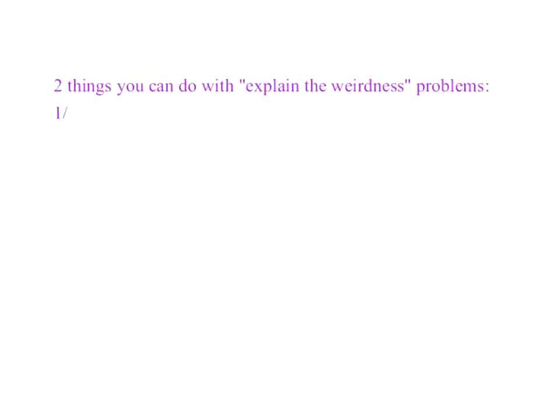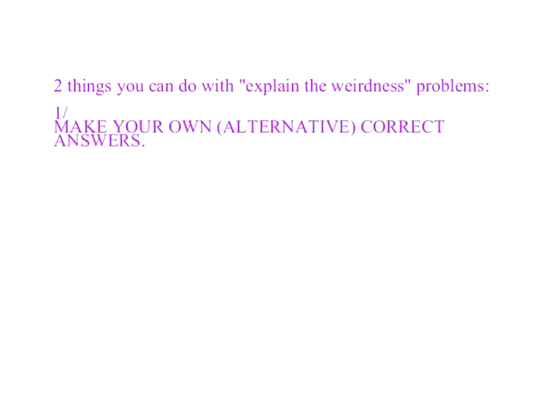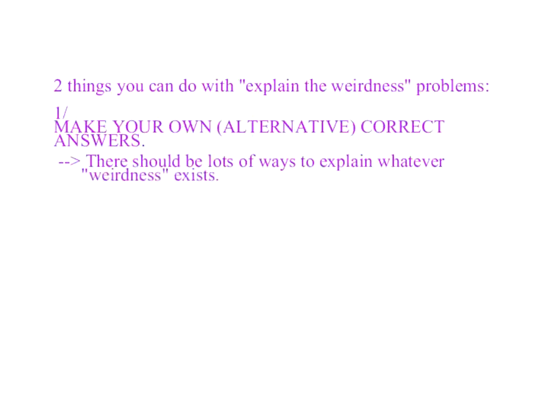With explain the weirdness problems, the first is make your own alternative correct answers. Because remember that there should be lots of ways to explain whatever weirdness exists in the problem. So for example, in this problem about red wine that we had,